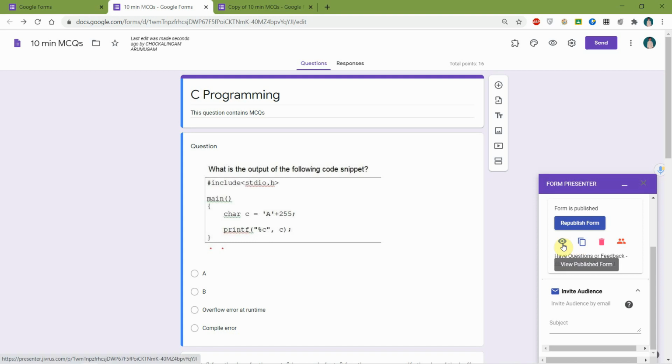This is to view the published form. This is to copy the link to the clipboard. This is to unpublish the form. This is to view the audience dashboard. To use this Form Presenter, you must copy this link to the clipboard and paste this link in